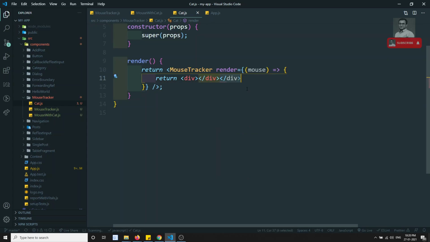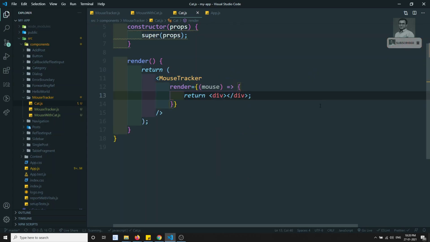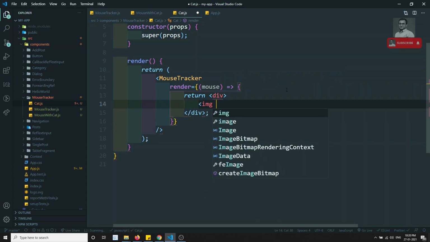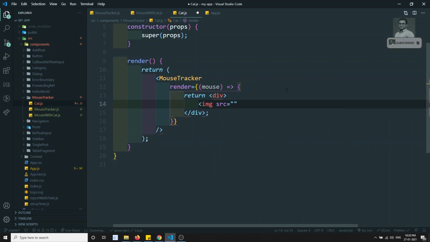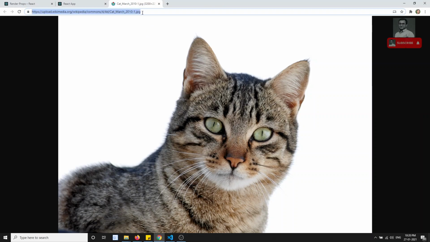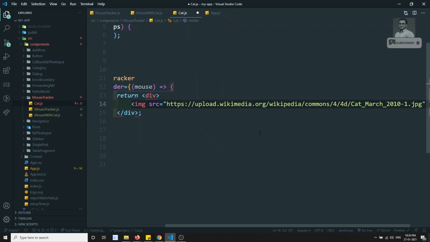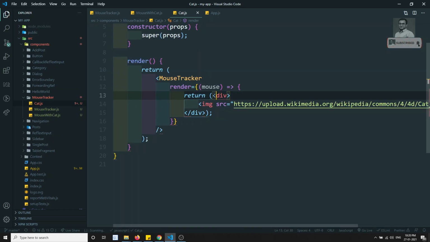I am returning one div, and in this div I will write one image, src is equal to, I will copy the image URL, okay. So I am copying this image URL, and here if I want I can keep it like this, okay, or otherwise multiple we cannot allow. So we'll try to remove this one all, okay. So now if I try to remove this one all,